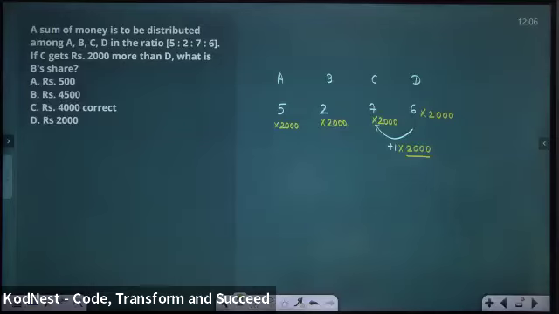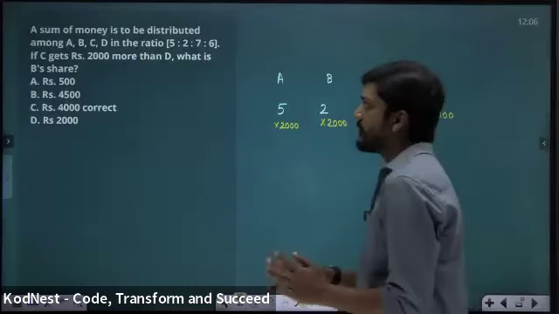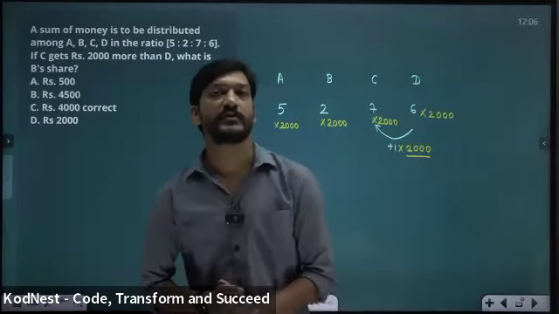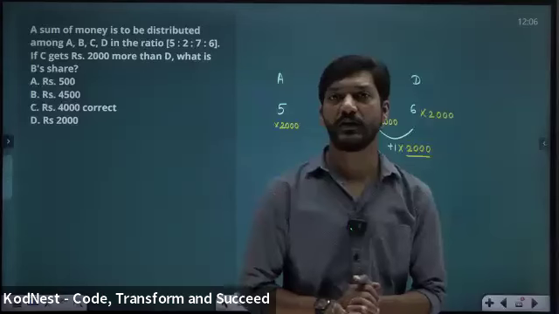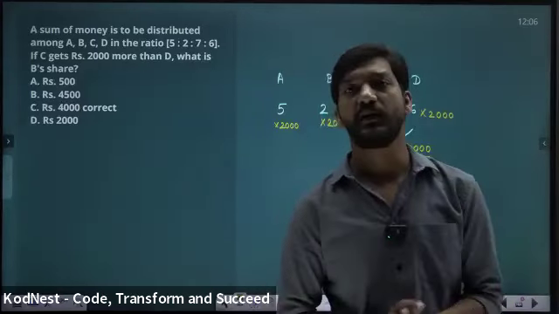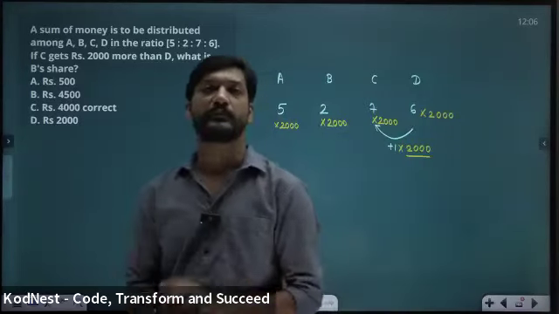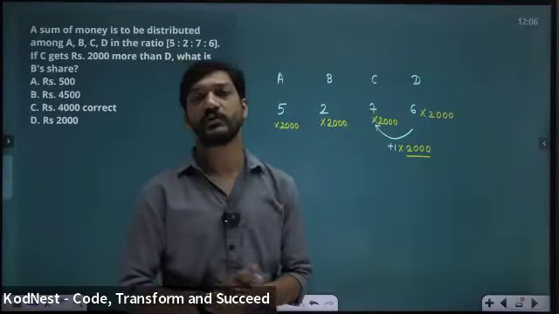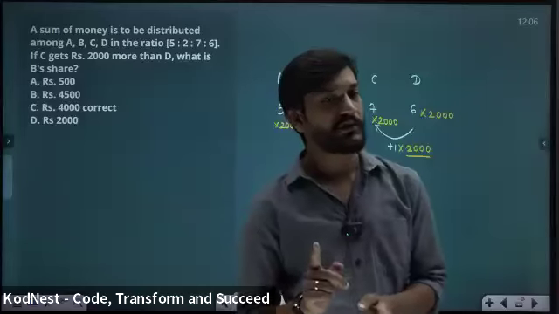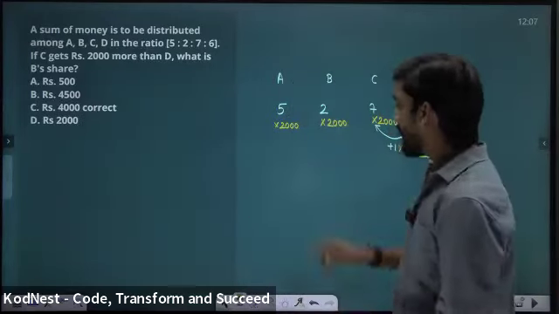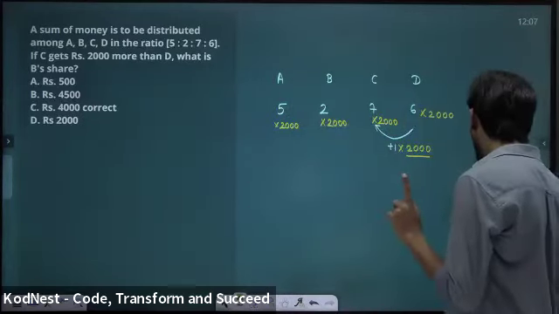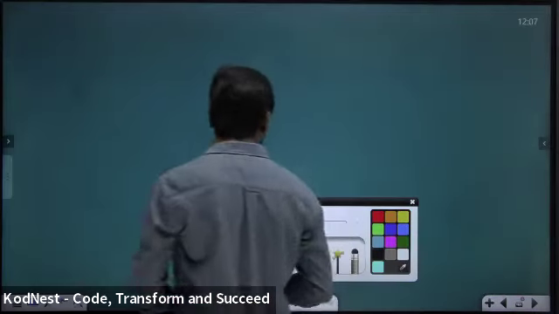All right. Okay. So here I've taken those questions in which ages were not there. No problems on ages I have taken. But most of the questions of ages also will be ratio based. So now I have to start with the ages topic. Ratio knowledge is extremely important there. So let's see.